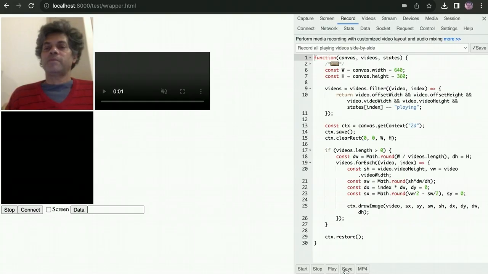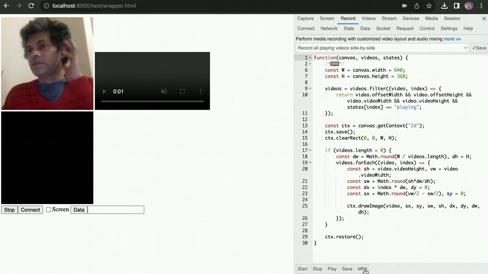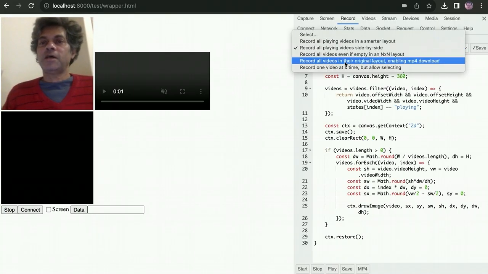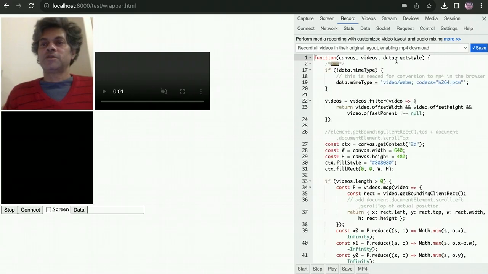And you can save the webm file, or you can try to convert it to MP4. MP4 is a little tricky and a work in progress, but one of the examples here allows you to do that. So this example is essentially recording all the videos in their original layout. It finds the layout of the videos on the web page and tries to record it in the same